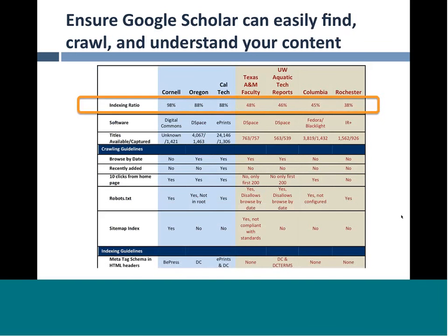So we went back and put some more data in place, doing it the longer and harder way. From that previous chart, we looked more closely at 7 institutional repositories. And this time, we used real crawler software to try to crawl through those repository sites. We pulled out somewhere between 550 items to about 4,000 items for each of the repositories. And then from that, we took a randomized sample of 40 from each of the repositories,